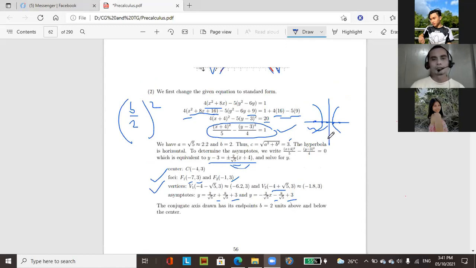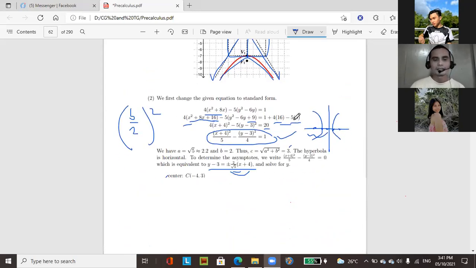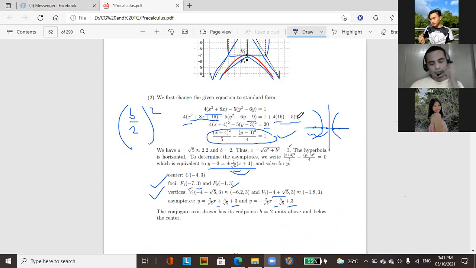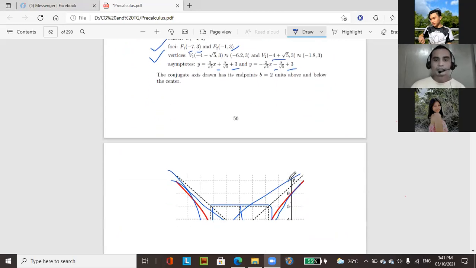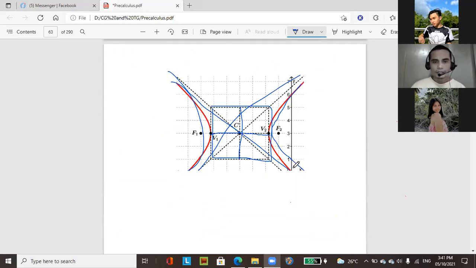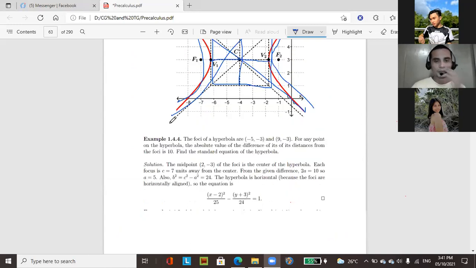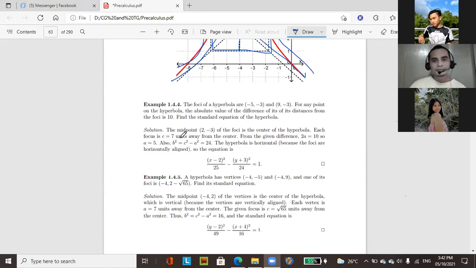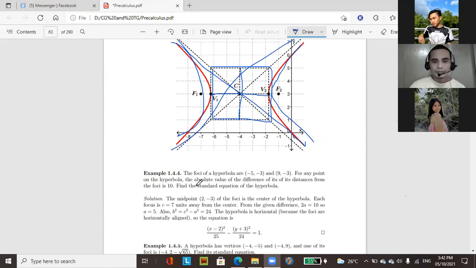Now, assuming that you know already the characteristics and how to solve the parts to determine the points of the hyperbola, let's have now the next and the final. Example 1.4.4. The foci of the hyperbola, kani sa lang duha F1 and F2. For any point on the hyperbola, the absolute value of the difference of its distances from the foci is equal to 10, then we are going to find the standard equation of